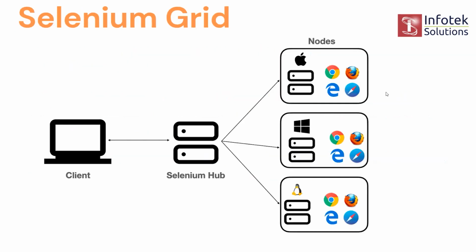Just like you see in this diagram, here the client sends a request to the hub, basically the hub that's present in our system. If you talk about Appium, it's one of the testing tools, where the Appium server is the one that's installed in our system, and that helps to communicate with different browsers. So here it's the same story: the client is the one where we are writing the code, and this talks to the hub, and based on that, it reaches the different nodes, or you can say different operating systems,